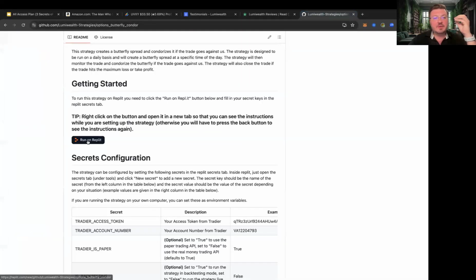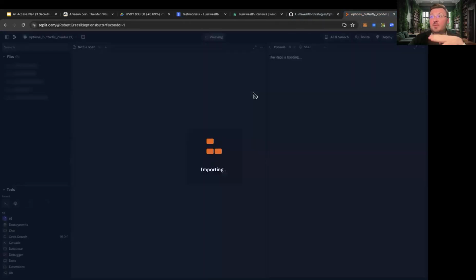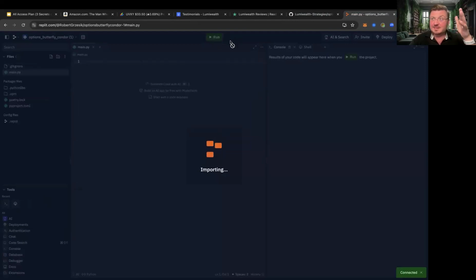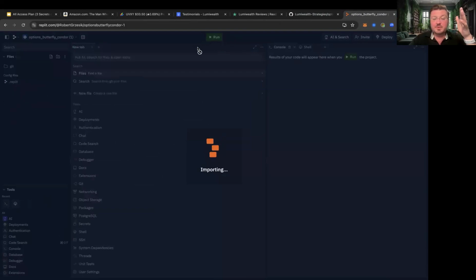Literally click a button like this, right? This is how you launch an algorithm, right? You let it load, and then I copy over some stuff from my broker. I'll copy over my secrets from my broker, API keys, and then hit run. I can have an algorithm up and running literally in 60 seconds, right? So here's an algorithm loading up. We let it load up into Replit. There's a company that we partner with, right? This is how easy it is to run an algorithm,